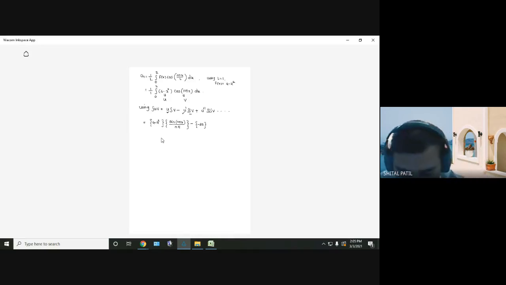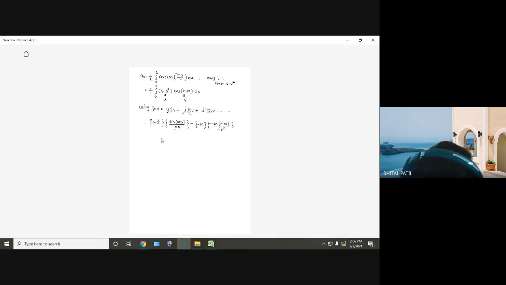Integration of v twice. Already we integrated once and it is here. This is the first integral, so it will be the second integral. Integration of this once again. What is the integration of sine? Minus of cos n pi x divided by n pi. Already n pi is there, one more n pi, so n square pi square. Next term plus. Then u double dash. This is u, 4 minus x square. This is u dash, minus 2x. What is this next derivative?